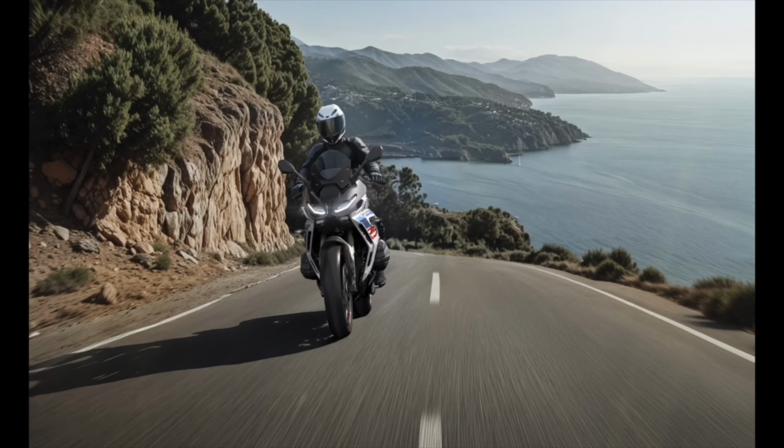And we'll talk about the starting price in just a moment. 4.5 gallon fuel tank, so a decent amount of fuel to be able to do longer rides and longer trips. The bike also has some revised suspension, so it's a new updated 47 millimeter set of forks. They've also revised the paralever rear suspension. We've got twin 310 millimeter discs for the brakes up front and a 285 millimeter disc in the